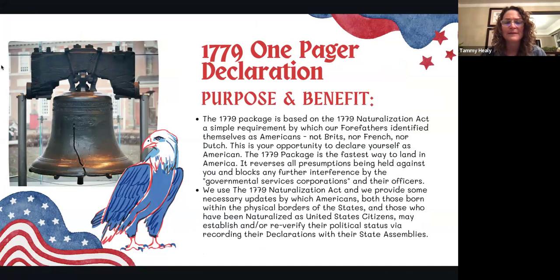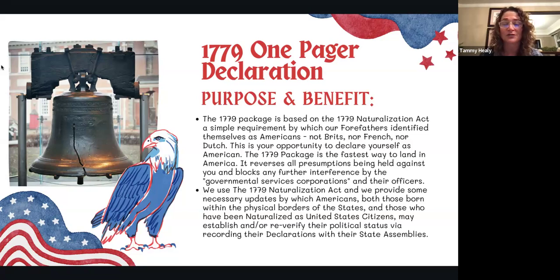The purpose and benefit of this is based on the 1779 Naturalization Act, a simple requirement by which our forefathers identified themselves as Americans, not British, not French, not Dutch. This is your opportunity to declare yourself as an American. The 1779 package is the fastest way to land in America. It reverses all presumptions being held against you and blocks any further interference by the, quote, governmental service corporations, end quote,